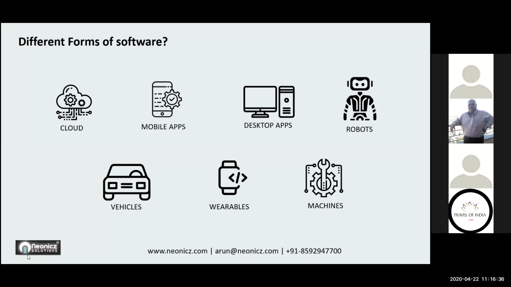And of course, the mobile application. Each and every mobile application you install on your mobile is software. And desktop applications like Microsoft Word, PowerPoint, Excel, and media player, all these things you are using, and some third-party software also. All these are actually software. And definitely a robot is just a machine or just hardware without software in it. So we need to use artificial intelligence or analytics-based software or automation software inside the robots to control them and help them work.